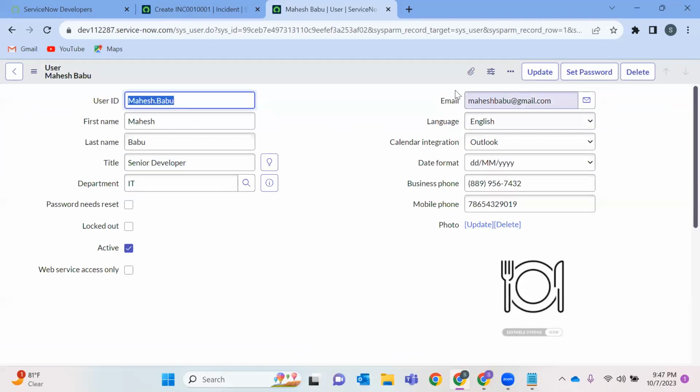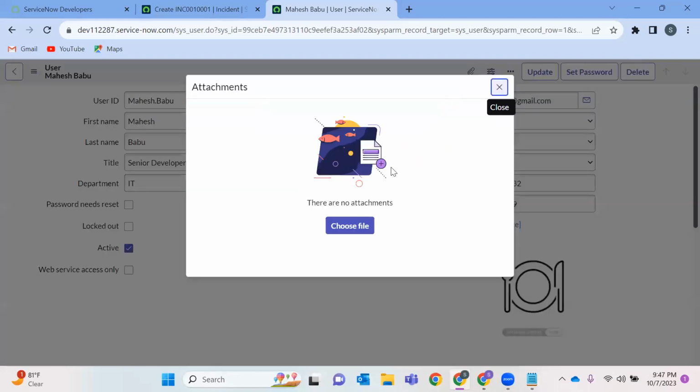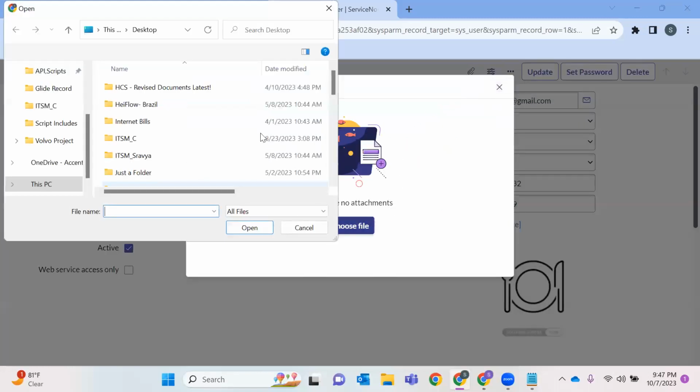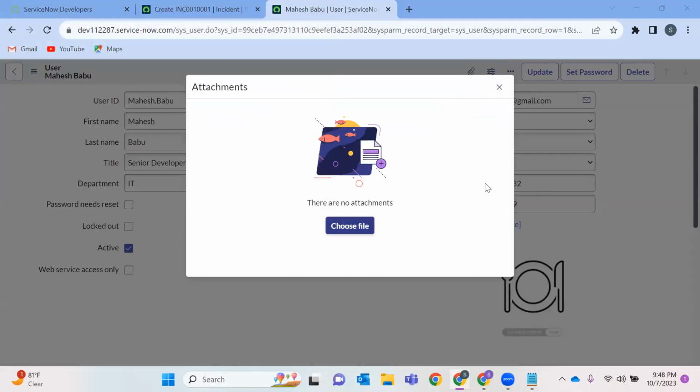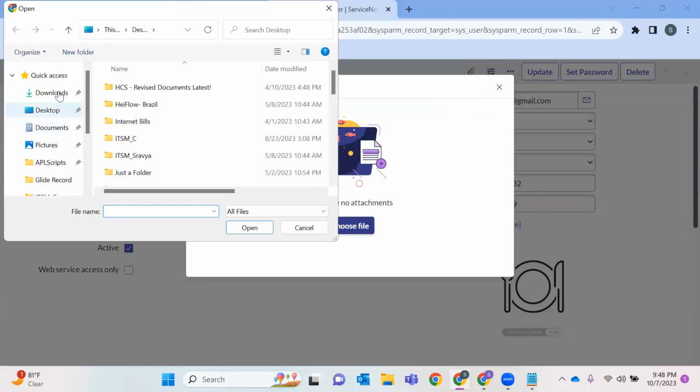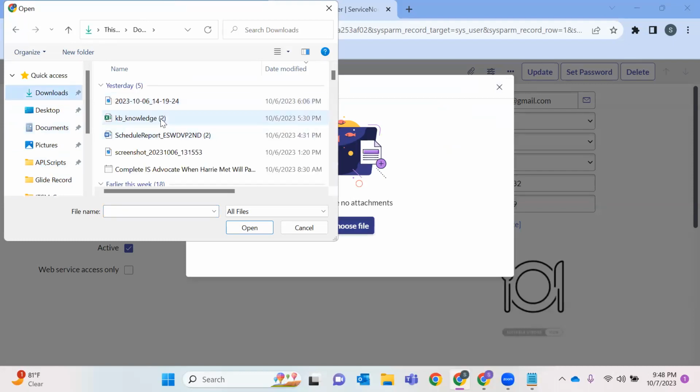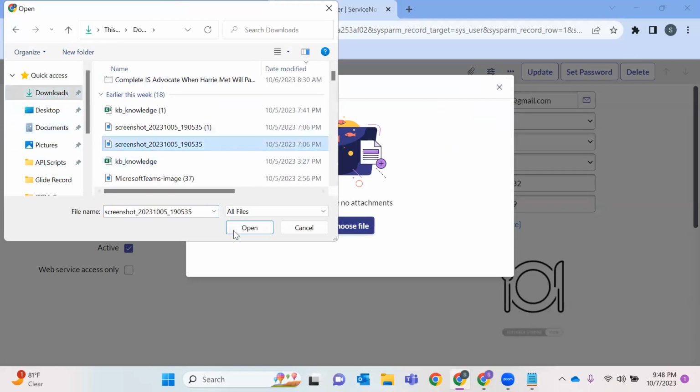Let's add an attachment and see how we are able to add it. If you see, there are no attachments, choose file. Let's add some screenshot.